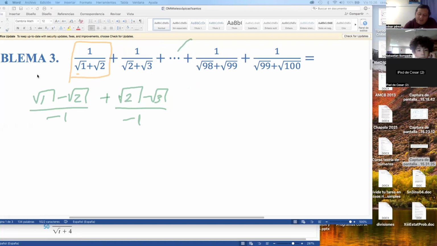Okay, the next, we have here an ellipsis. We have the points, but you can guess the next element. The square root of 3 minus the square root of 4 over -1. And if we continue, we will get